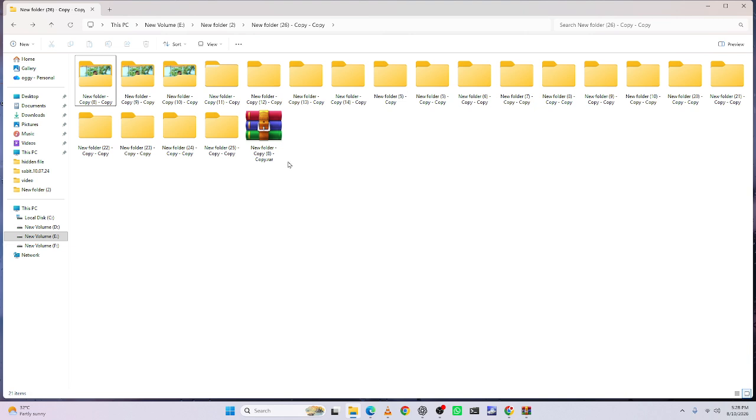And that's how to reduce file size with WinRAR in 2026. The amount of space you save depends on the type of files you're compressing, but using the right compression settings can help you get the